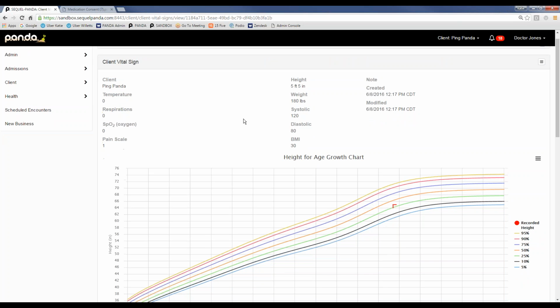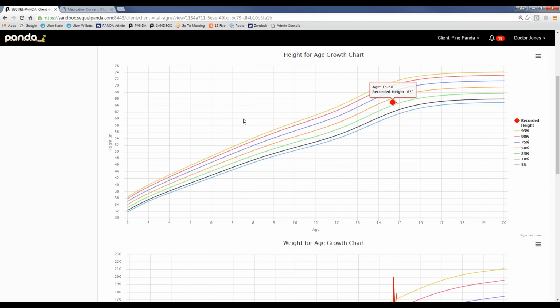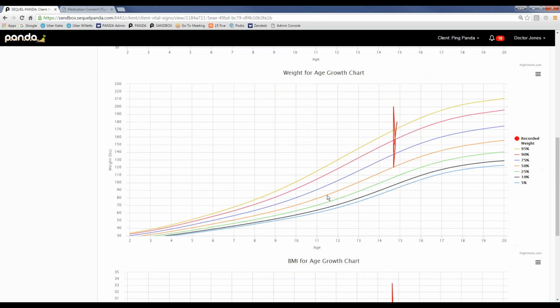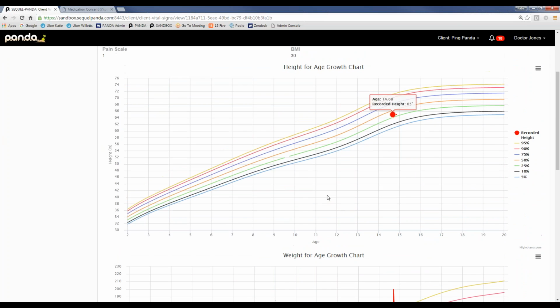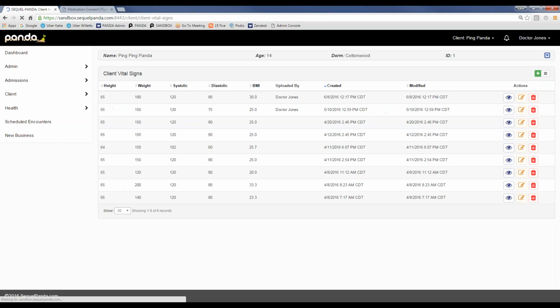One thing to note while we're in here, Panda does have growth charts available. This was required for certification. So there's a growth chart for height, for weight, and for BMI. My poor patient is off the charts because he has had so many different vitals added in a very short period of time. So if you guys need those, they are available, not required by any means, but available if needed. If I want to add a new vital sign, I just hit that green plus sign,